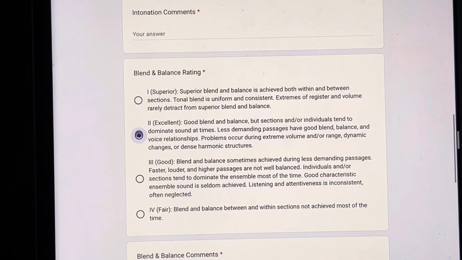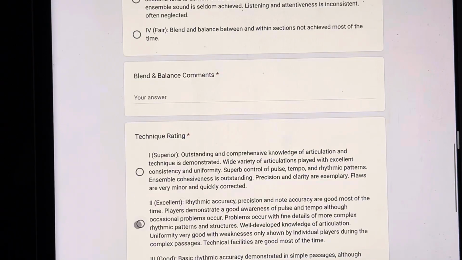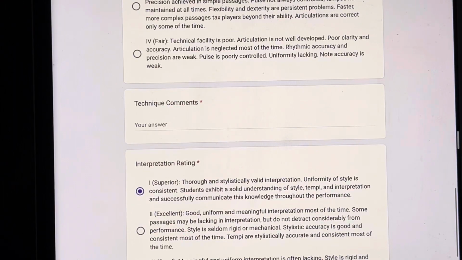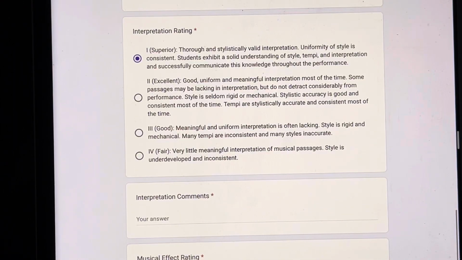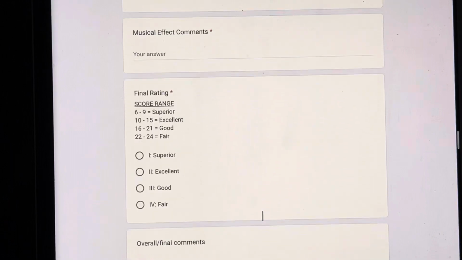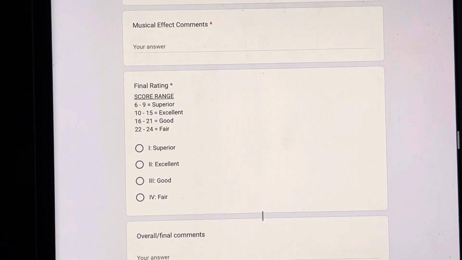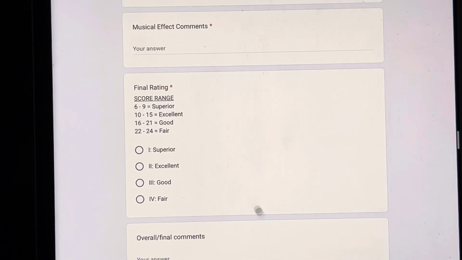We'll do a 2 here, a 2 here, and then a 1 and a 1 again. So I had 1, 1, 2, 2, 1, 1. That is a total of 8. When you get down to your final rating, you need to add up your category ratings,